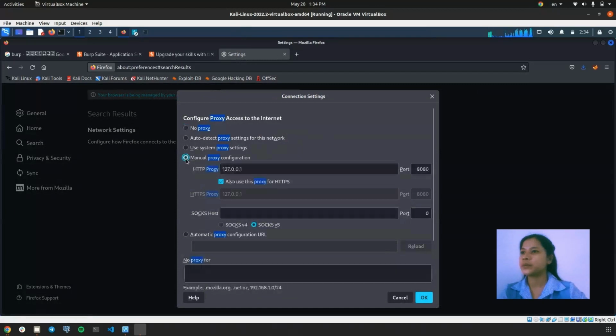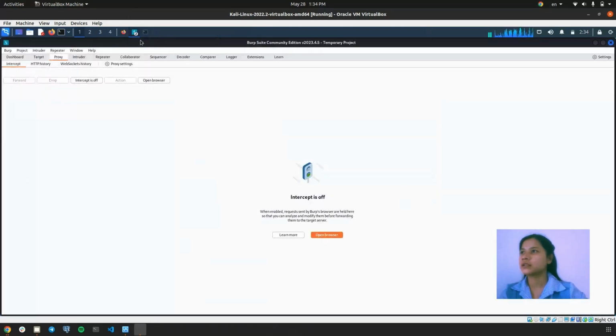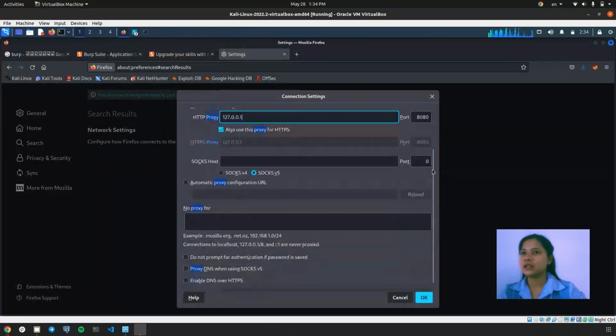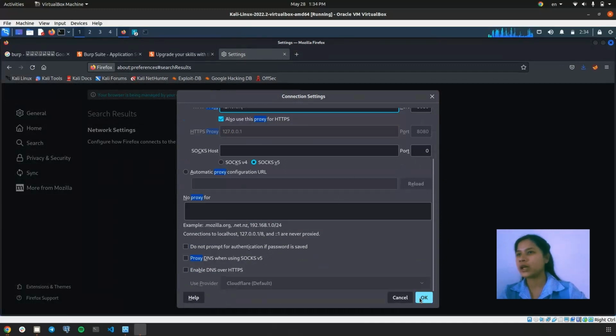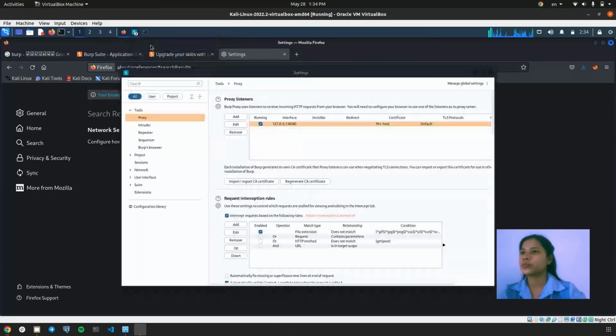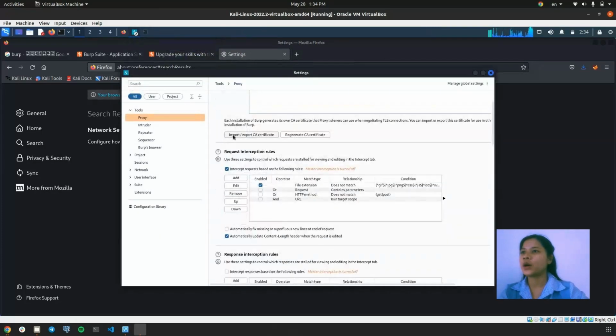For the proxy part, you have to put this IP address that you already put in this web switch. Yes, it's the same thing as here, and it's port 8080, and you just click OK. After you click OK, you just go to our Burp, and you're going to import the export CA certificate, and you just type